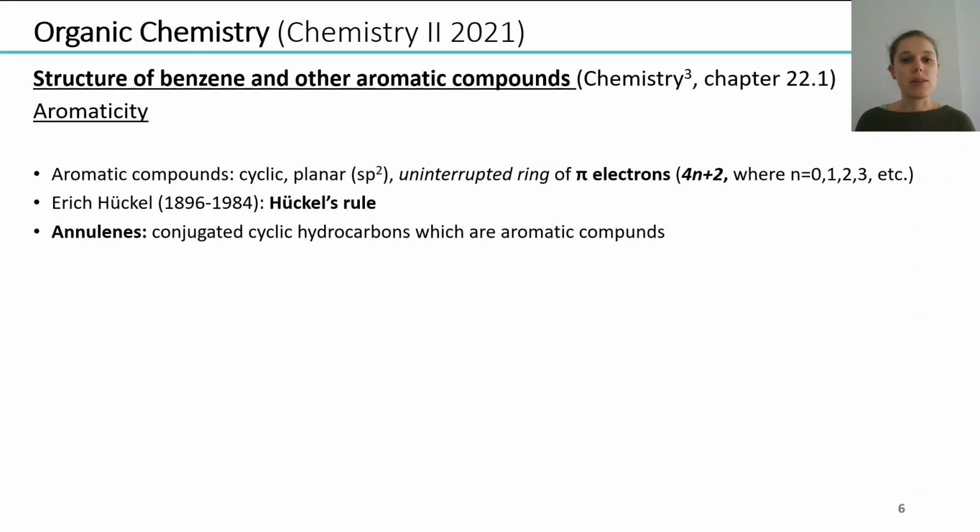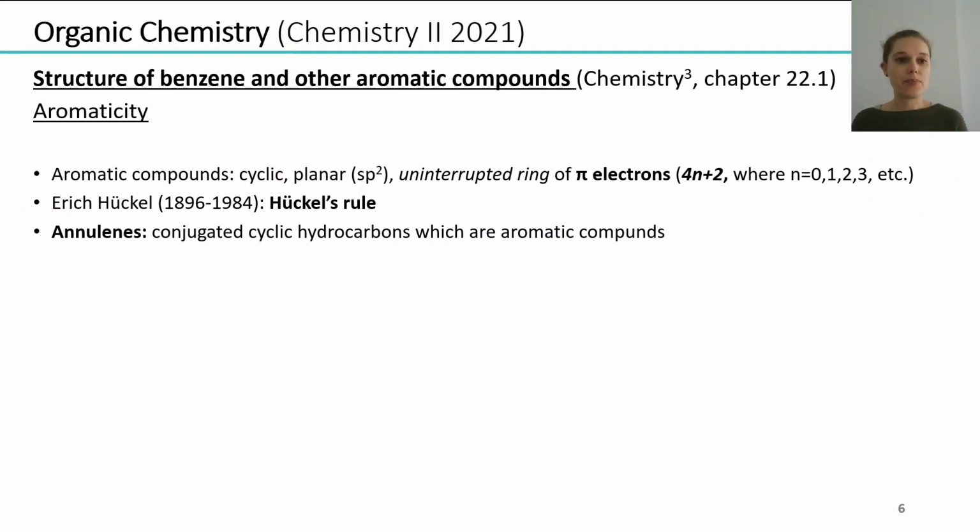And here we know that a compound is aromatic if the molecule is cyclic, planar, so the carbon atoms should be sp2 hybridized, and it contains an uninterrupted ring of pi electrons, whereby the number of pi electrons should be 4n plus 2, whereby n can be 0, 1, 2, 3, and so on. And this rule is also called Hückel's rule because the chemist Erich Hückel defined this rule to identify if a